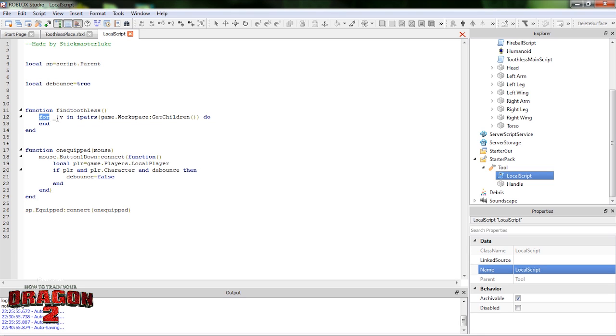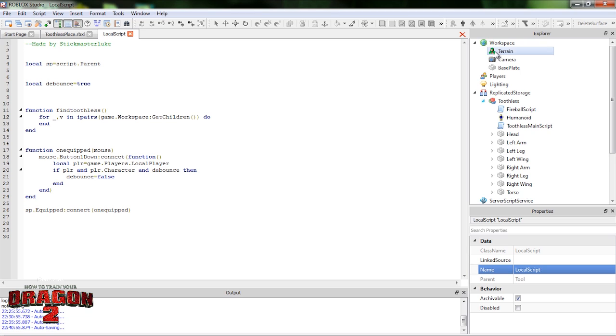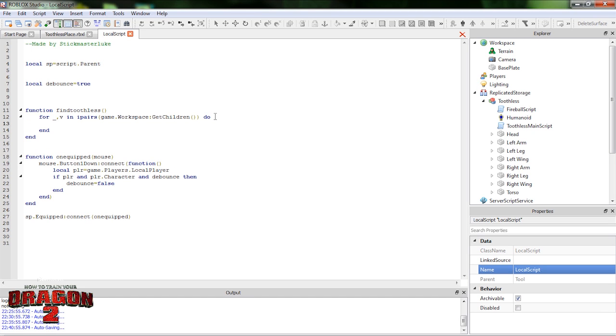Okay, so this is a for i, v in ipairs loop. What this does is it iterates through a table, and we're making a table right here that is everything that is in workspace. Everything is directly under workspace, so we're going to check to see if we can find a Toothless. v is, as we iterate through every object, whatever object. First we want to make sure v exists, and then v dot